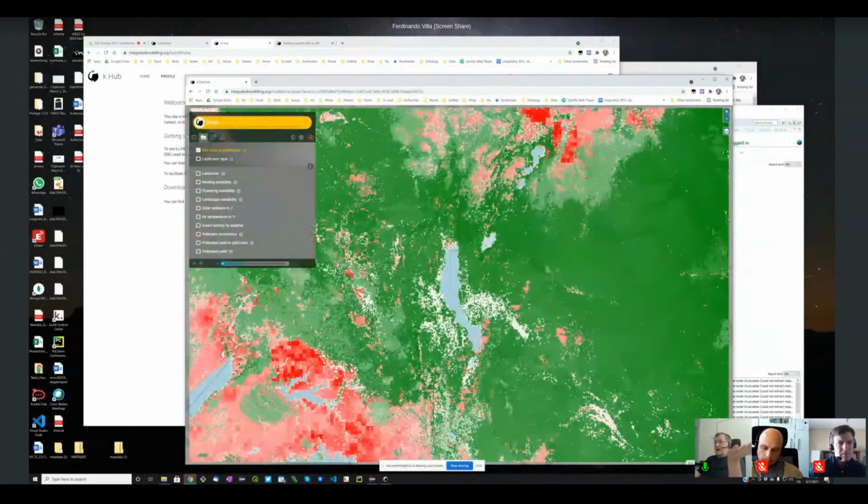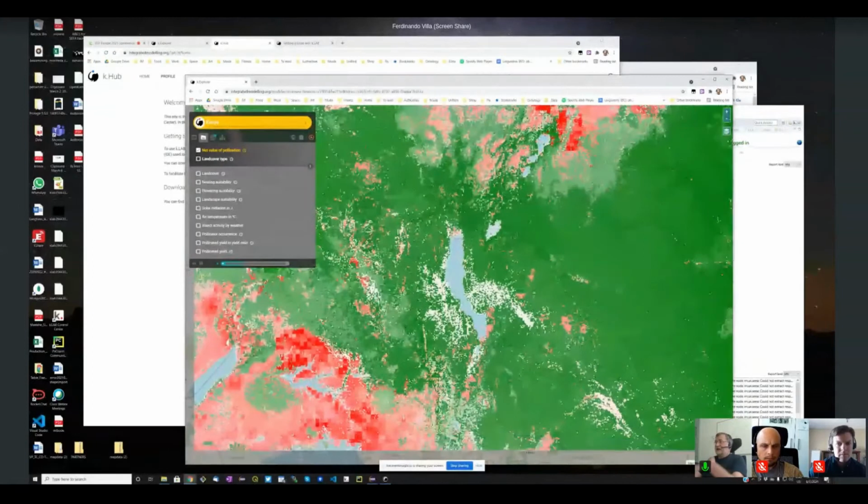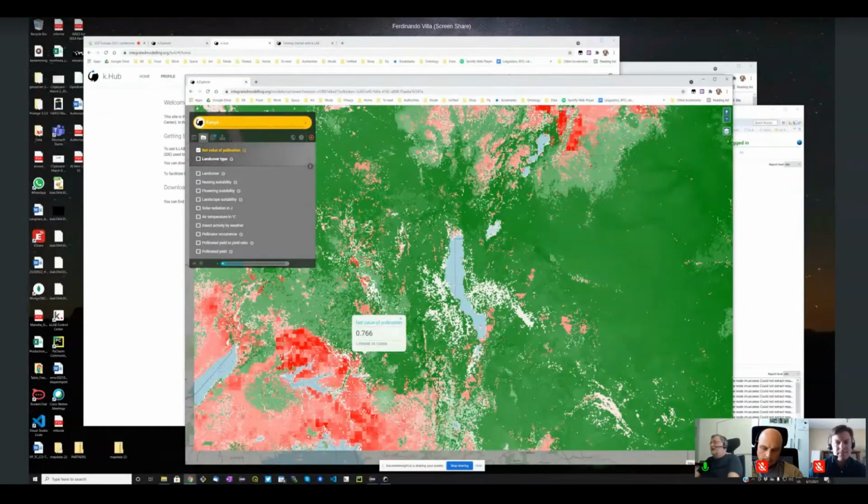So this is happening now. You see that the time is moving on, and it takes a while because it is like 7 years of observations. This value, which is the initialization value, is the net value of pollination, meaning that if you look at each point here, it will be white, meaning 0, when the demand for pollination services more or less equals the supply, so there are enough pollinators to pollinate the cultivations in that specific point.